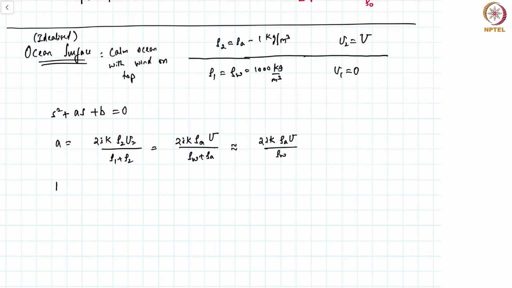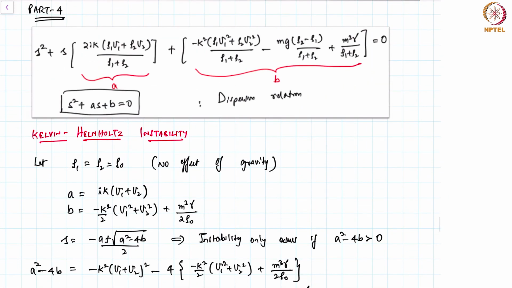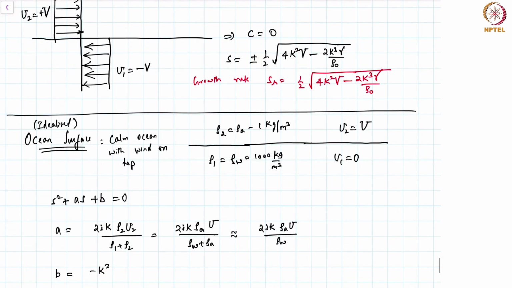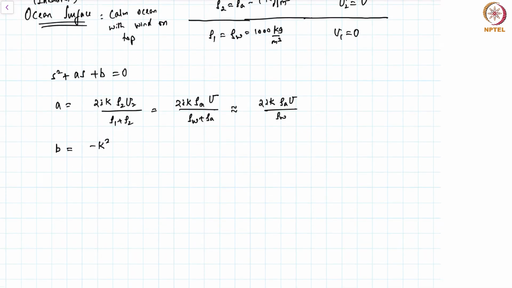What about B? Now it is minus k square. I would like you to try and simplify from this here. Several terms can be dropped out. For example, this will drop out from this analysis. We can also say that rho 2 minus rho 1 essentially becomes rho air minus rho W, over rho air plus rho W. This is approximately minus rho W by rho W, and approximately it's minus 1. That's what we have. So I'll do this in the 2D limit again. So in the 2D limit, for the 2D perturbation, we simply have minus k square rho air U square by rho W